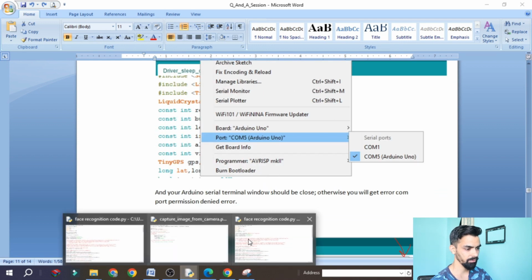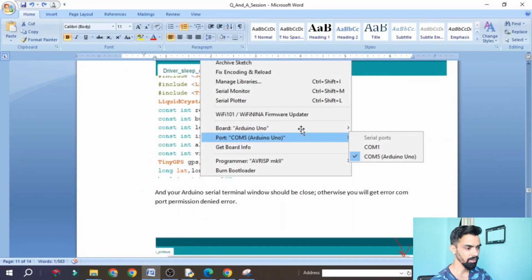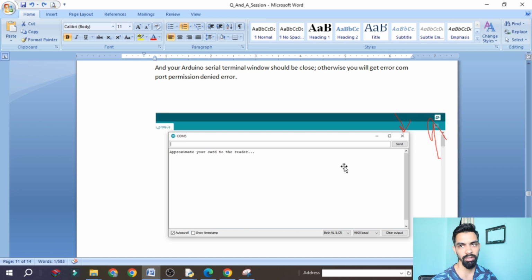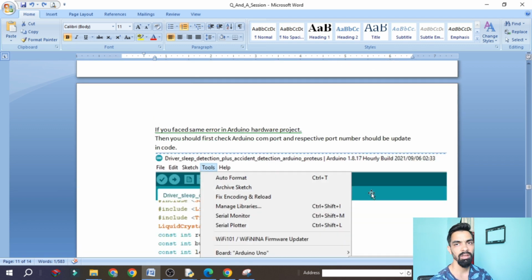Like here in the program you can replace the COM port as per your Arduino. And at the bottom, while you are downloading a program, by mistake you may open the Arduino serial terminal. Once you click on this button, the serial terminal will open. So close that window, it may be running in the laptop background. Because that window is open, you are getting the permission denied error, because